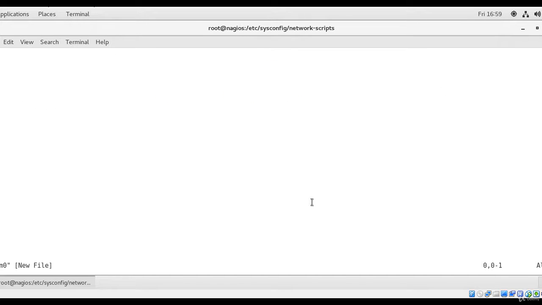In this team0 file, I'm going to create some lines here. Boot protocol equals static, then team_config equals, and then you start off with a quote, then curly bracket,